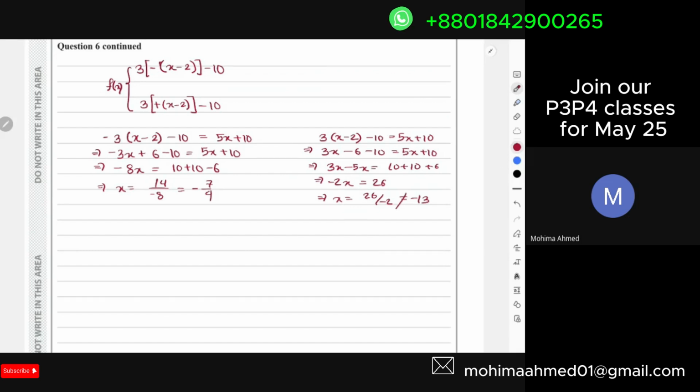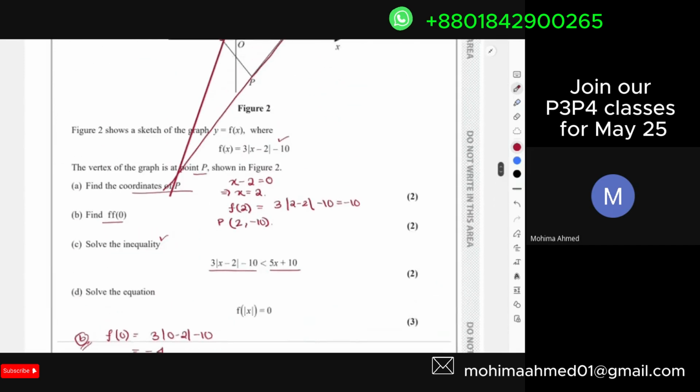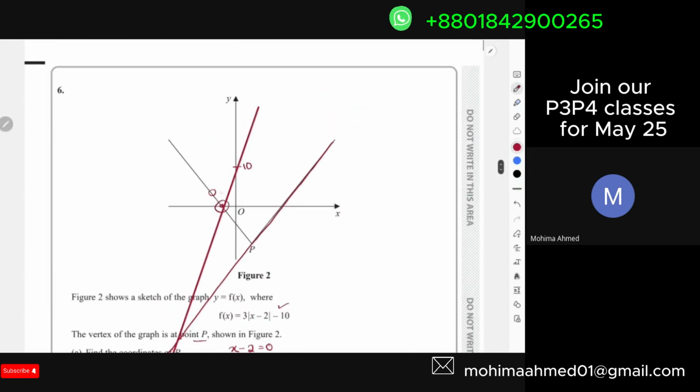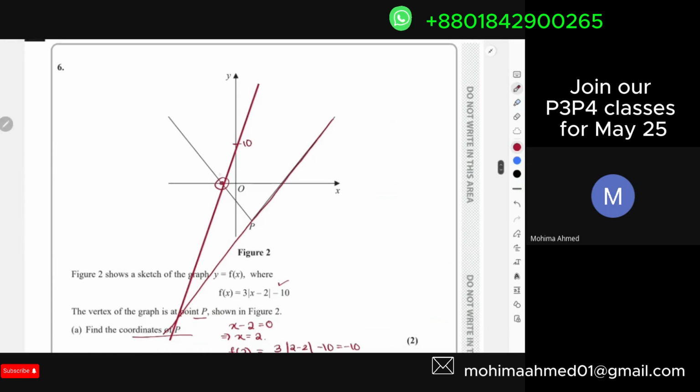We're going to reject that, and we're only going to accept x equals minus 7 over 4. So this is your minus 7 over 4, right? And if I want to find out for which regions your f of x was above your 5x plus 10, I have to focus on the coordinate of this value. You can understand that for f of x, if this is 7 by 4